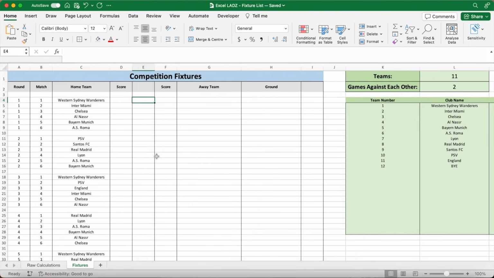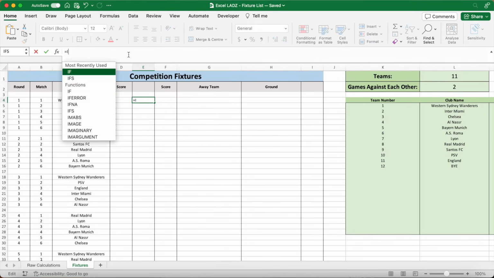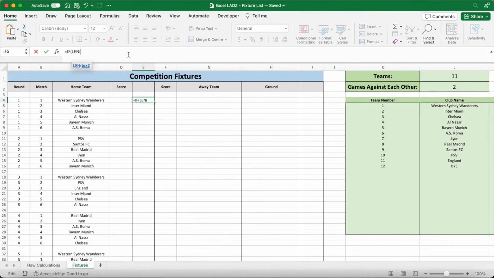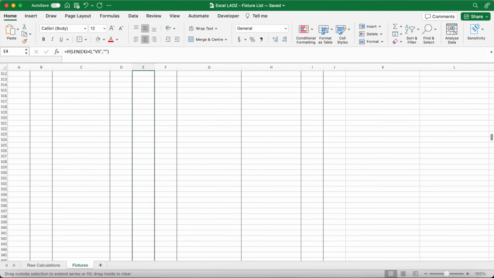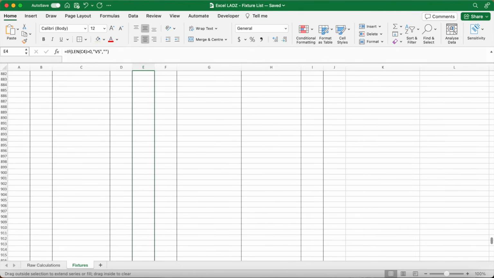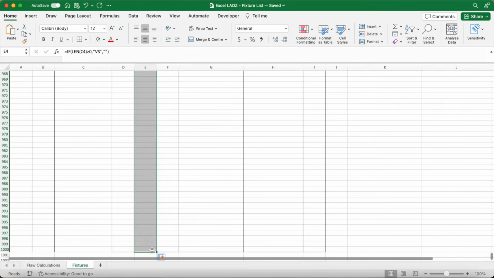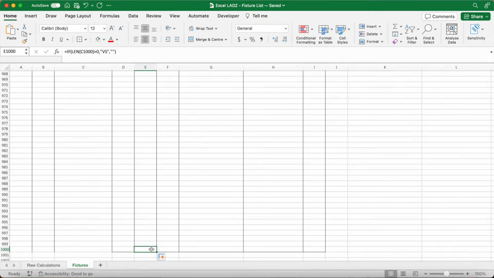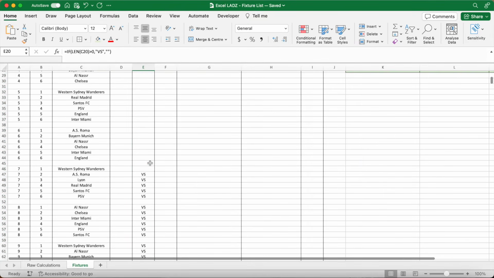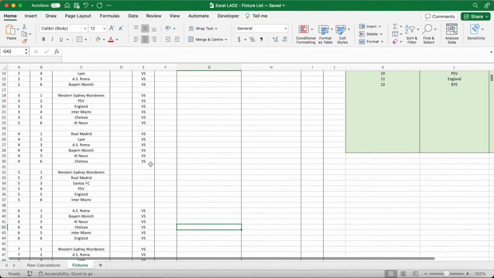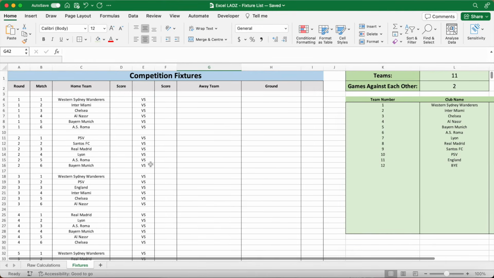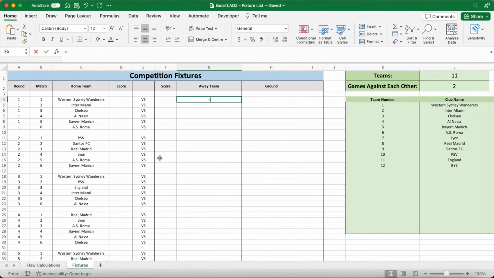Great, now in column E, I want to put a verse symbol in every column where there's a game. So it's going to be equals IF the length of C4 is greater than 0, then return speech mark "vs" speech mark. And if it's not, return nothing. So drag that down all the way to row 1000, or double click to autofill the formula down. And then when I scroll back up, you'll see that every time there's a game, there'll be a verse symbol. And because this model is big, or if you have background tasks running, just make sure you refresh so the